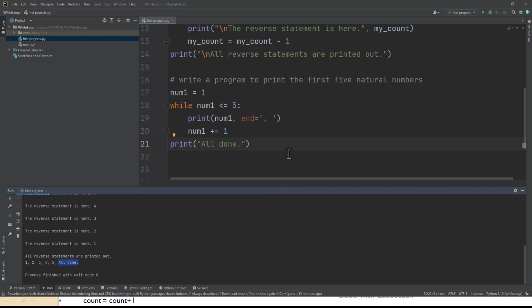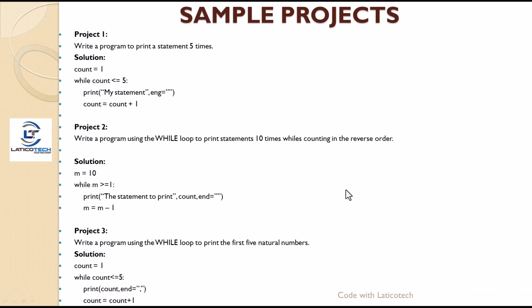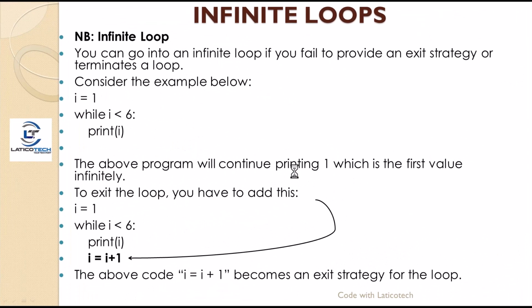Alright, so let's go back to our list and see what we have next. Okay, so we're going to look at what we call infinite loops. Now infinite loops come when you fail to put what we call an exit strategy within your code. Sometimes you might want to create code that will keep printing something infinitely without stopping. In that case, it is positive for you. Otherwise, it might look like an error in your code. So for instance, if I've initiated my count variable to 1, and I say while the count variable is less than 6, and I'm printing the count variable without giving an exit strategy,